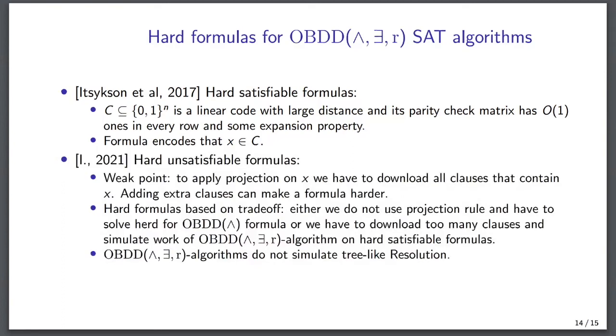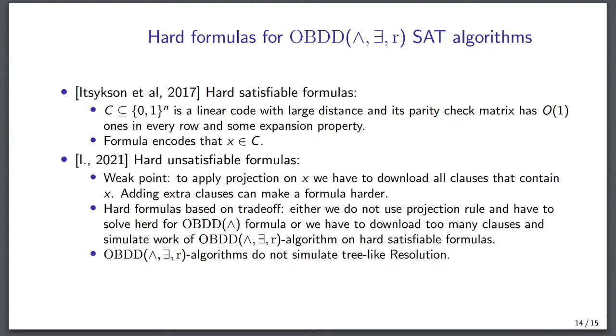But very recently, I think that I know it. The idea is that such kind of algorithm has a common weak point: if we want to apply the projection rule, we should download a lot of clauses. And if we have a lot of extra clauses that are actually not needed to prove unsatisfiability, we also have to download them. And the hard satisfiable instance is based on the following idea: either we have